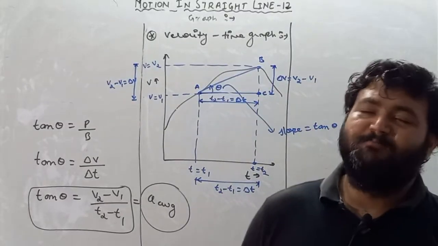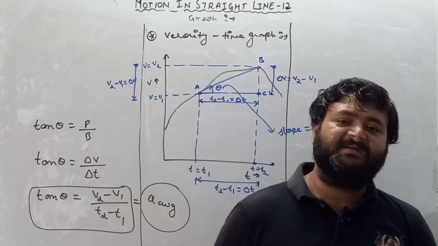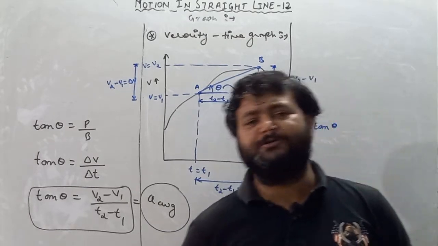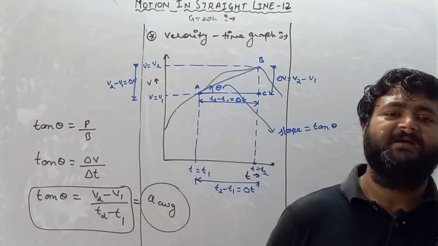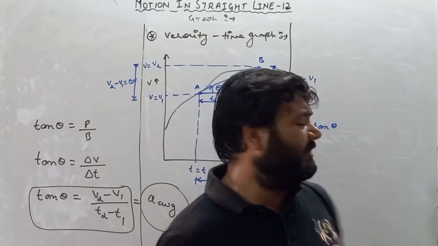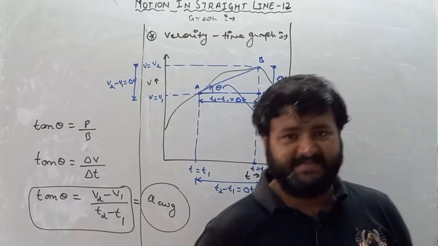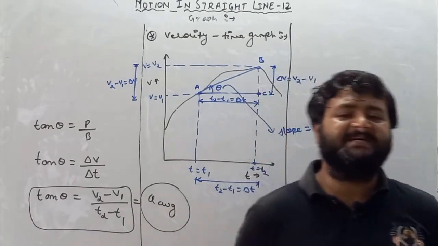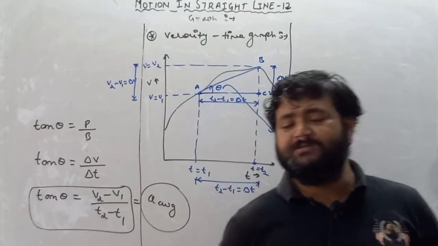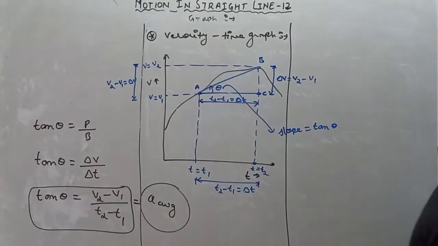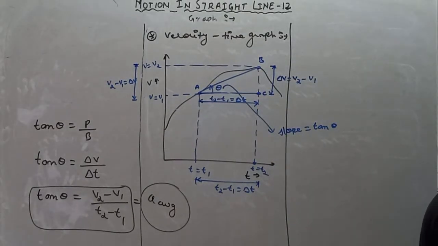Now let's move to another graph, but first we'll discuss one or two questions, then we'll move forward with different types of graph. Right now we are dealing with average. In the next session we will deal with instantaneous. So before starting the instantaneous graph, let's do some numericals. So write down some numericals, I'll tell the statement.